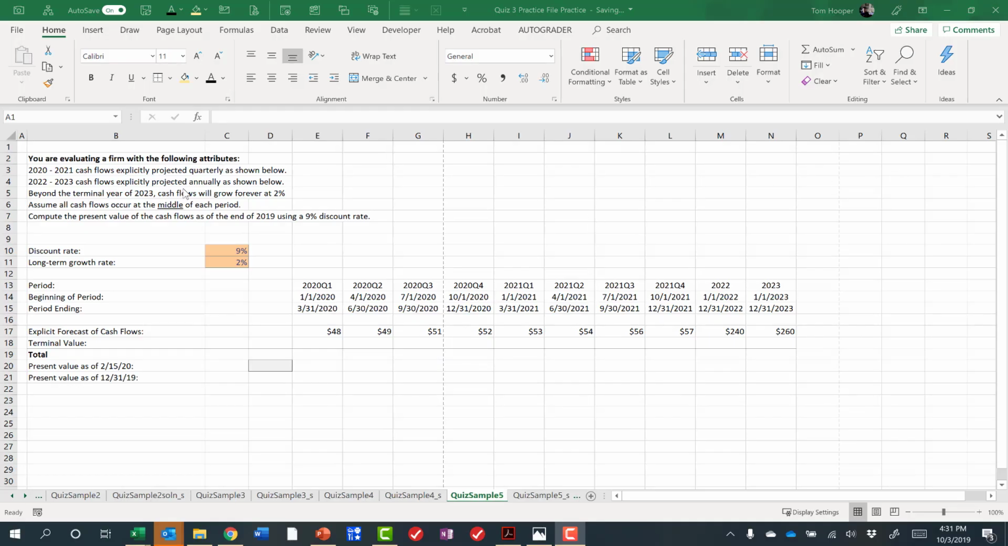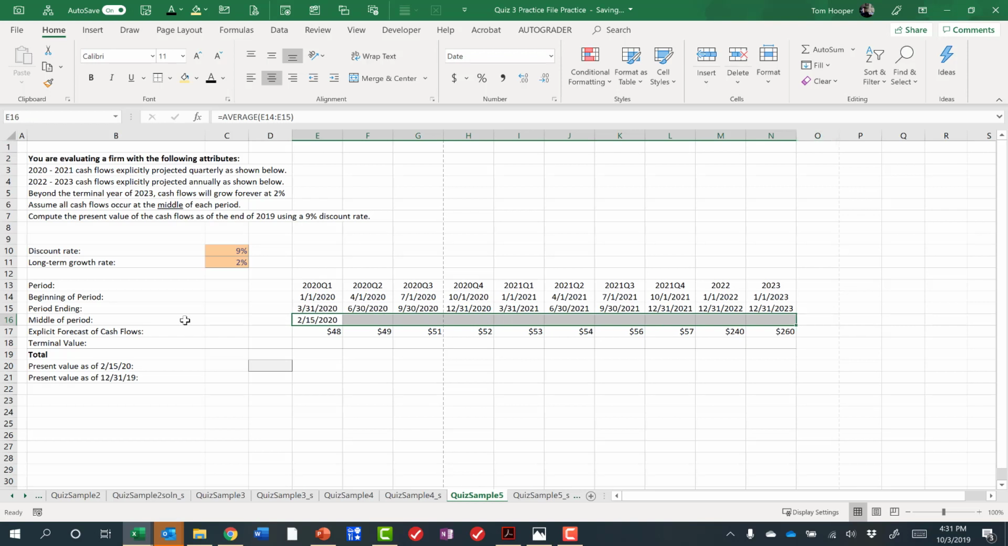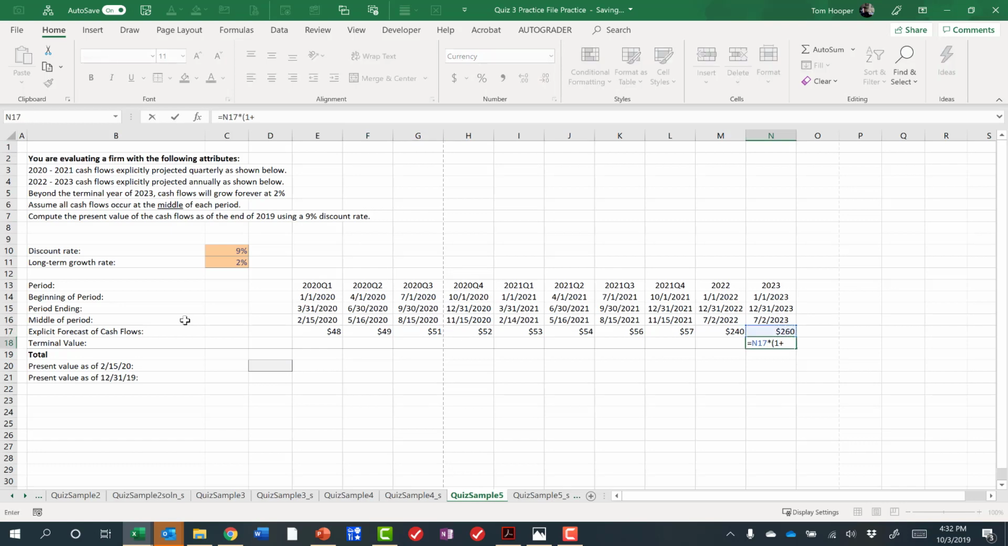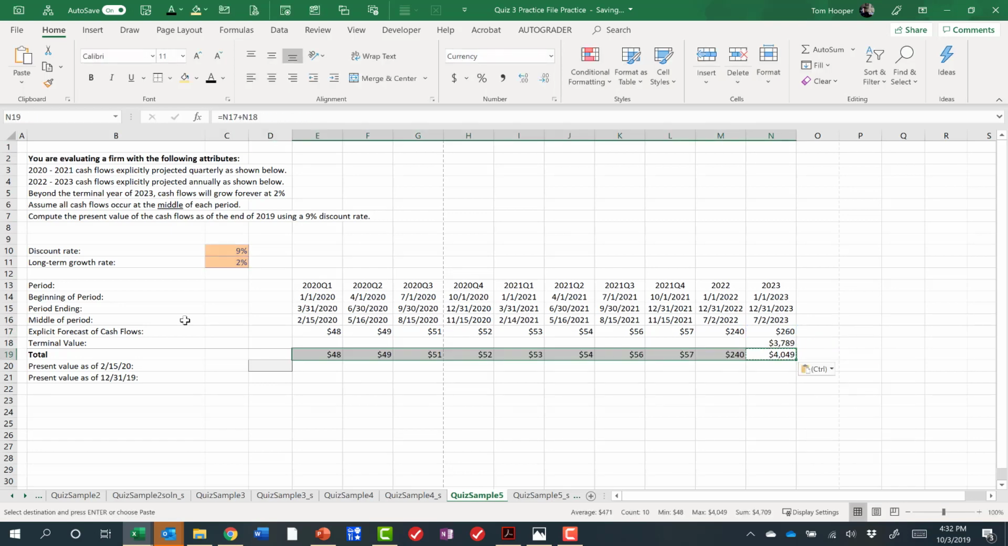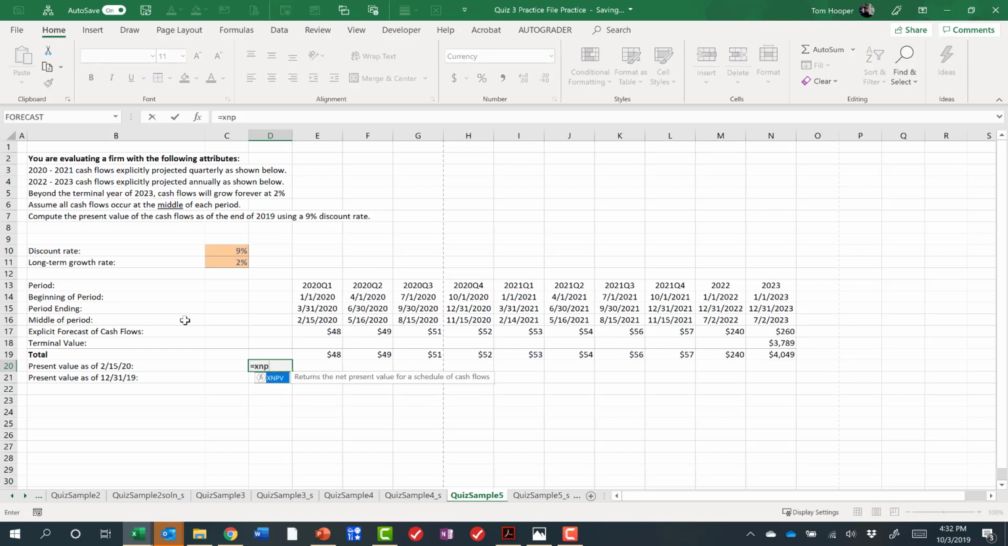And now let's try one with dated cash flows occurring in the middle of each period. So our quarters go along and we need to calculate the middle of each quarter, and then later each year. We'll use average to do that. By the way, I can highlight all those cells and hit Control-R to copy that. And then we can go ahead and do our terminal value. And then the XNPV